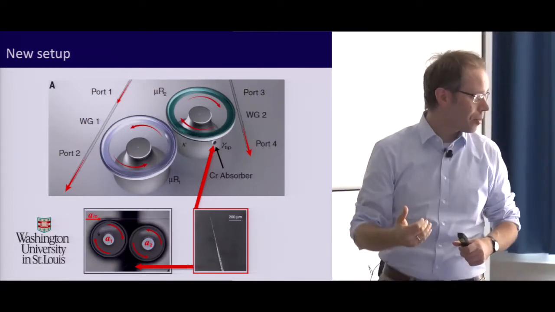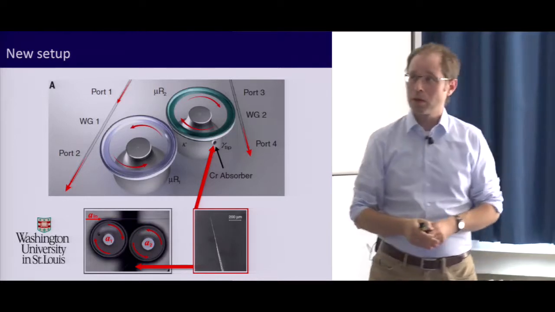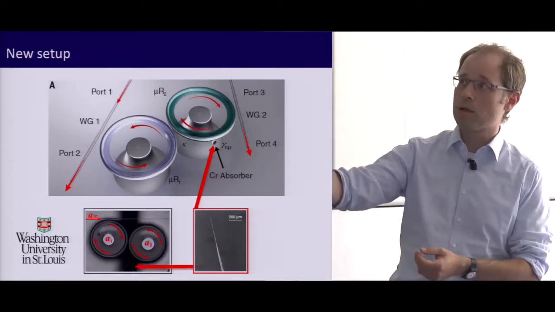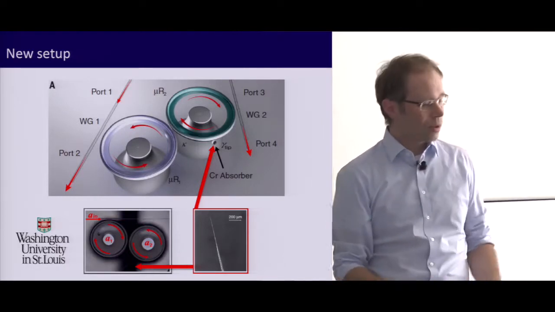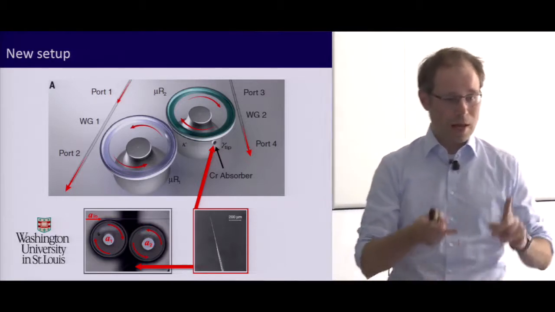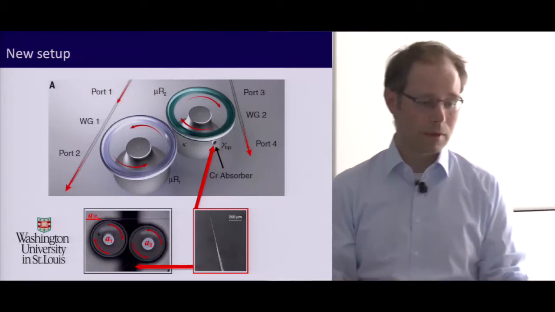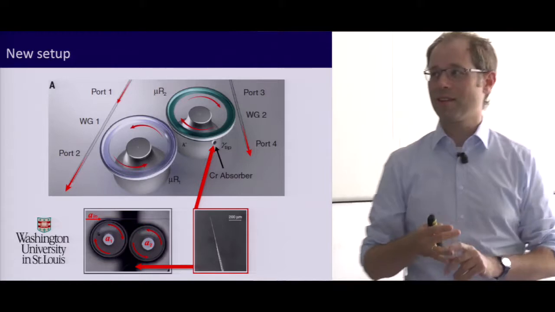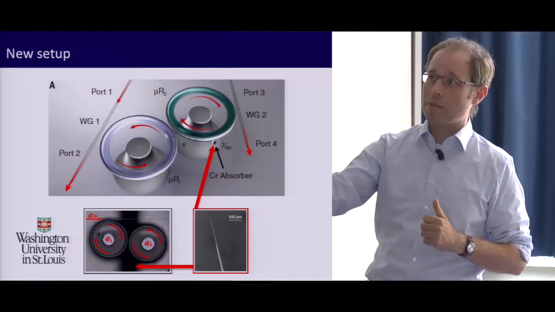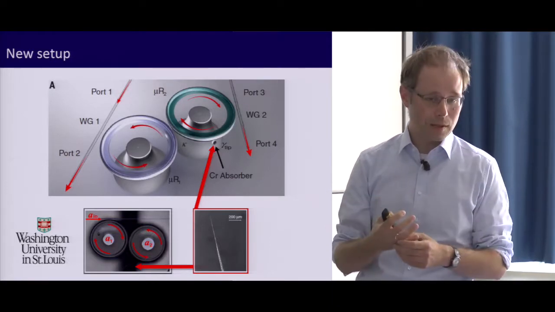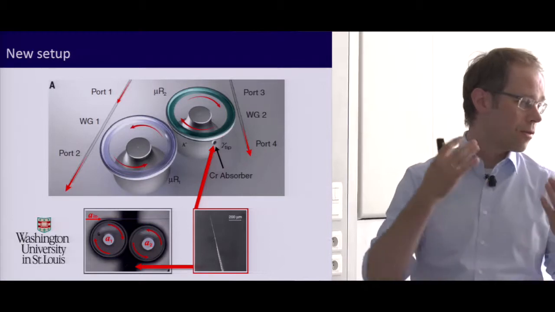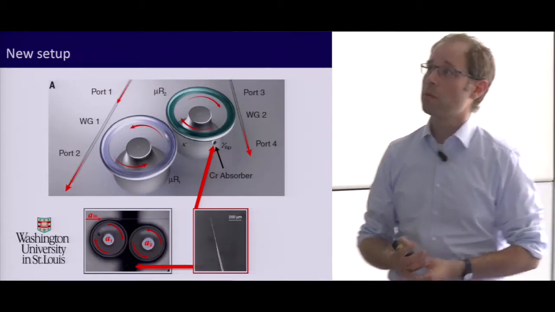And the more overlap this optical mode has with the chromium tip, the larger the loss will be in this one resonator. So in this way, they could tune the coupling strength, the resonance frequency, and the amount of loss in the resonator. And thirdly, and that's now the important feature, they can not only operate this as a Raman laser and see lasing, but they can also study this whole system just as a passive scattering problem, meaning they